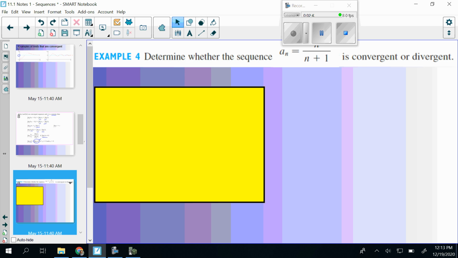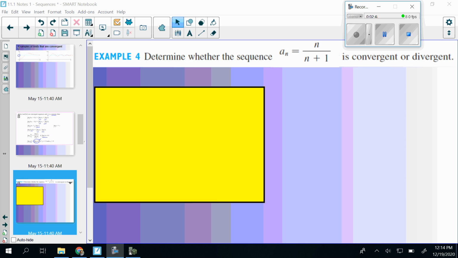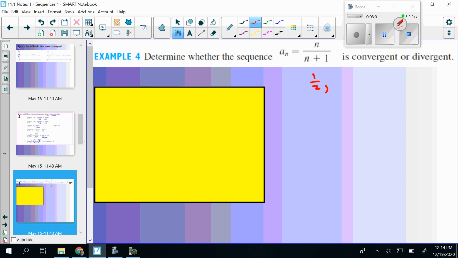All right, so let's see if we can determine this sequence. This is one we looked at previously in the notes. Determine whether this sequence a sub n equals n over n plus 1 is convergent or divergent. Remember the sequence we get from this: if we plugged in 1, we would get 1 over 1 plus 1, so 1/2. If we plug 2 in, we get 2 over 2 plus 1, which is 2/3. So each of the top and bottom numbers are increasing by 1, but that bottom number is 1 more. So is this sequence